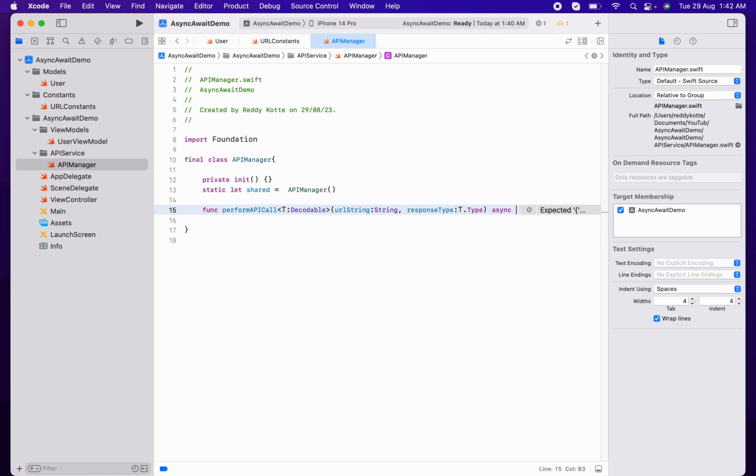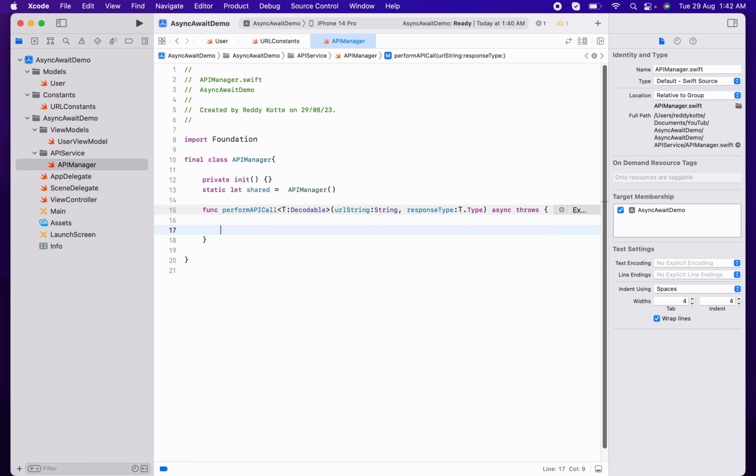Now async and throws, provide the implementation. So first, there are a few steps, right? First we need to check the URL, whether the URL is proper or not. If the URL is not proper, we'll return control from here. And second point, so better we'll create